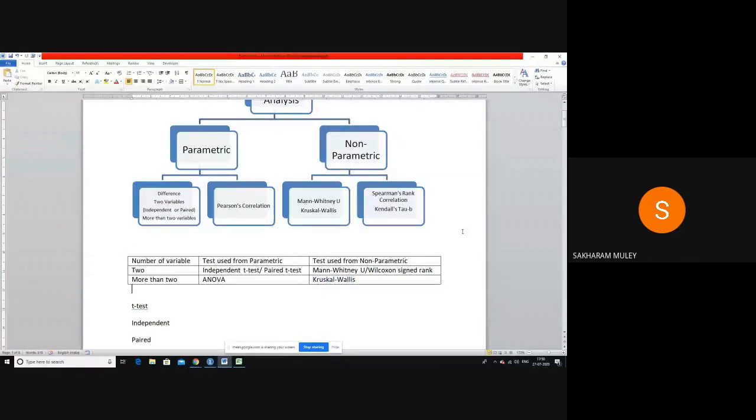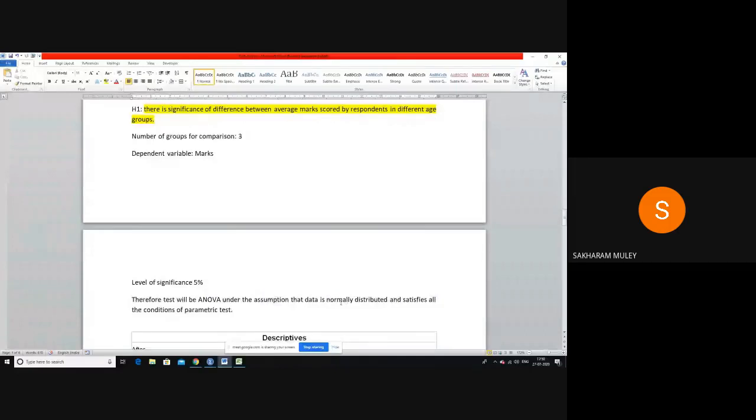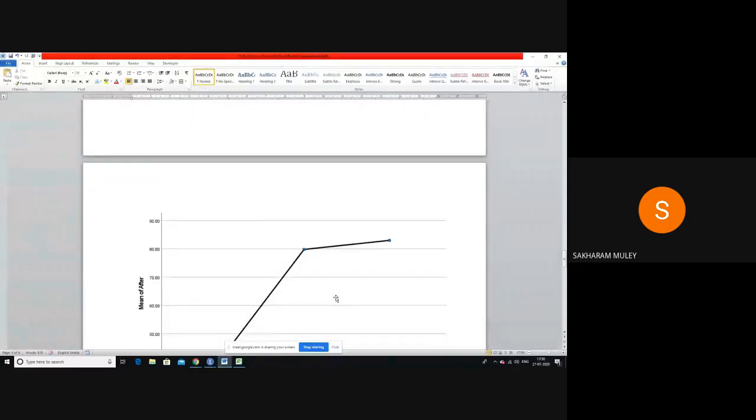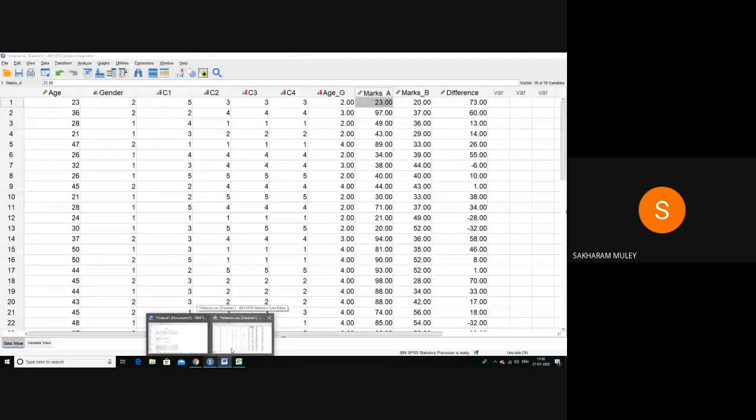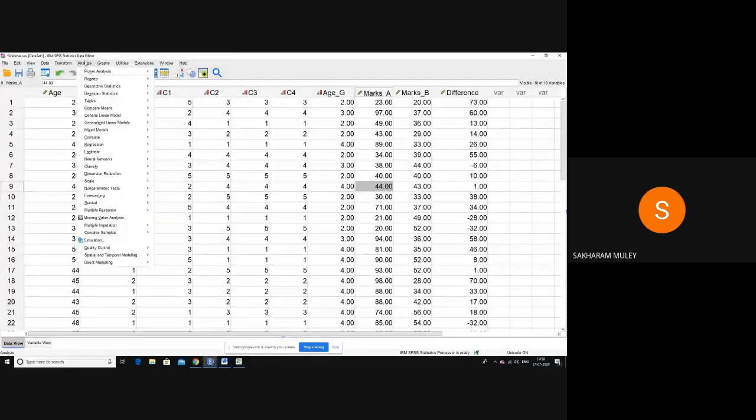There are a lot of tests available in statistics, but these are very frequent tests, which have got more acceptance, and people are aware of these tests. The effect size is very good, and they are more powerful than other non-parametric tests, so they are used very frequently. Now we will quickly run through this test. The procedure is what I'm telling you; the interpretation does not change, with only very small changes in the interpretation.